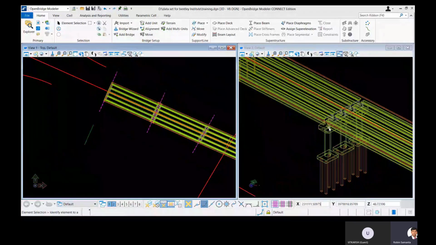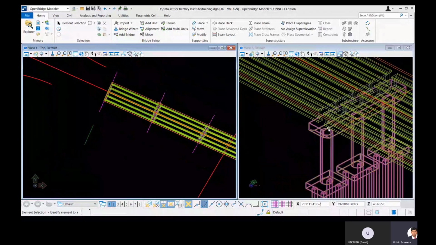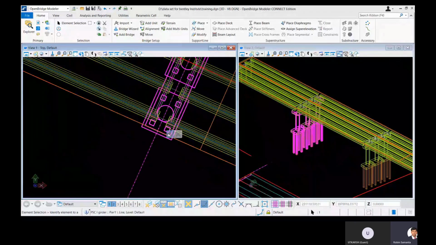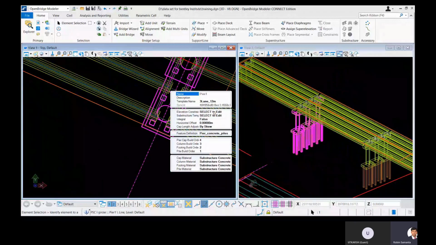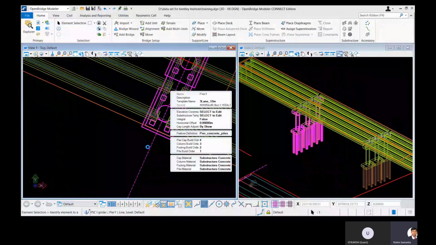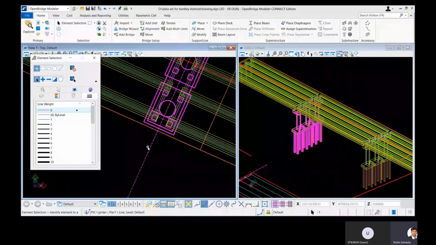Now it looks much better. It was a little bit more than the deck width, so instead of 14 meter, we will go with 13 meter. Okay, it looks perfectly fine.